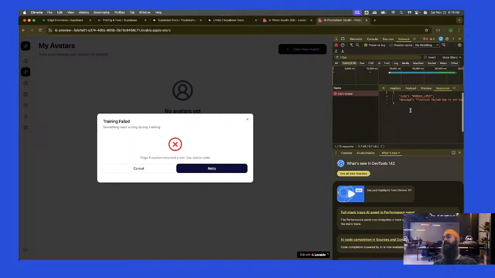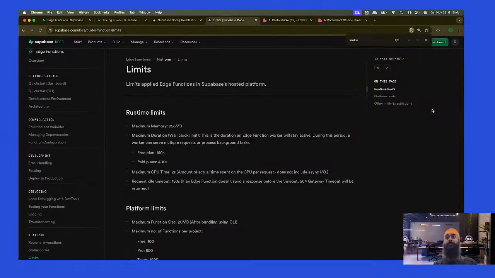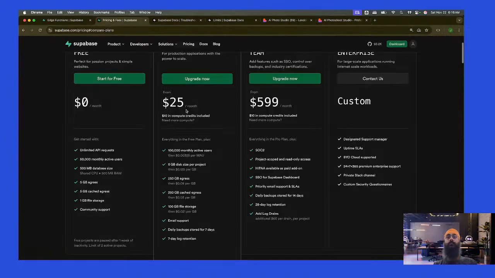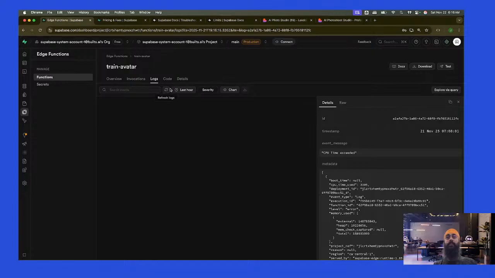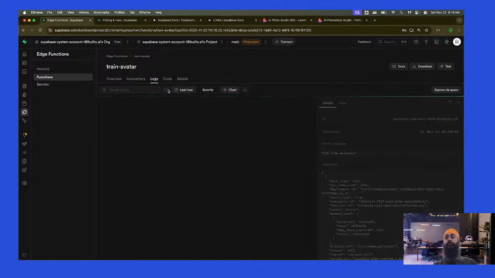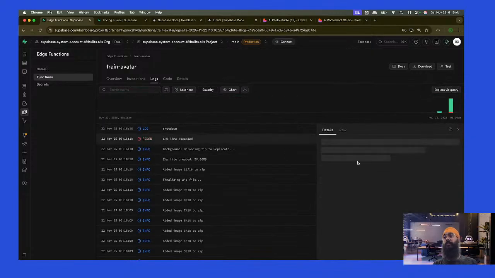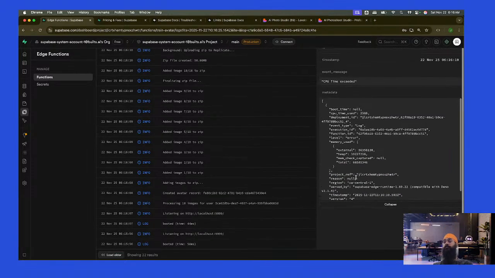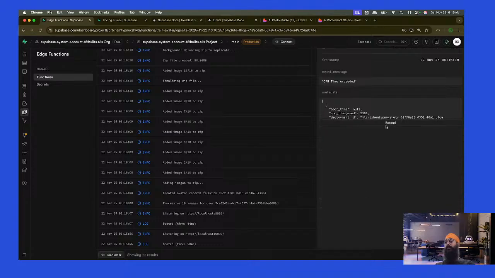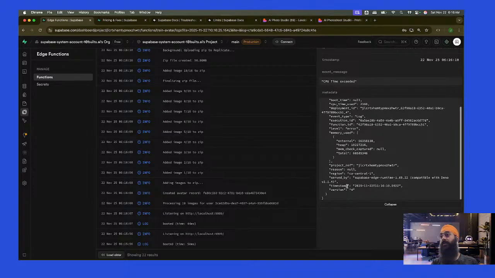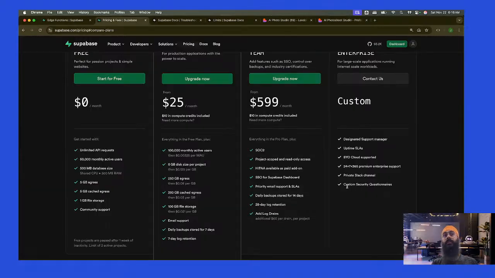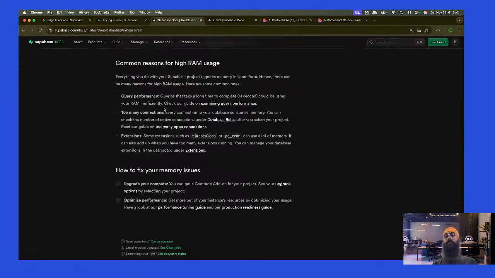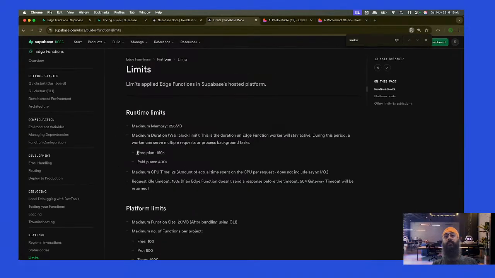Okay, there you go. So the worker limit: function failed due to not having enough compute resources. Please check logs. Okay. So we'll quickly come to the logs. You will see CPU time exceeded. So I think the only issue is this. It says